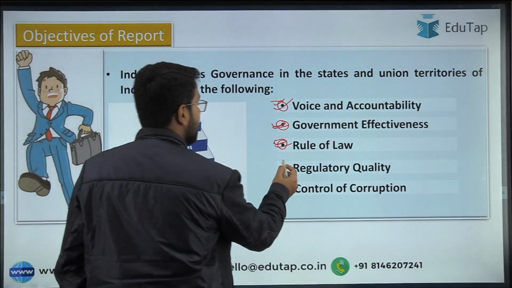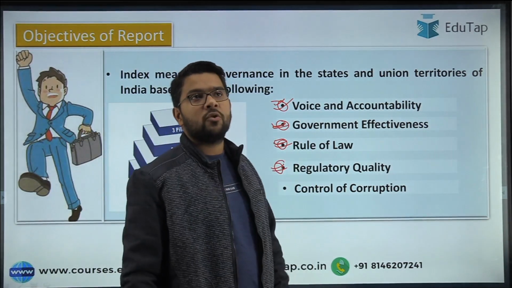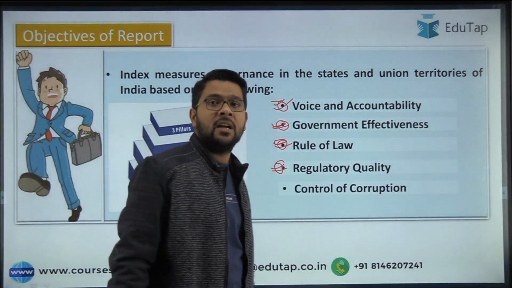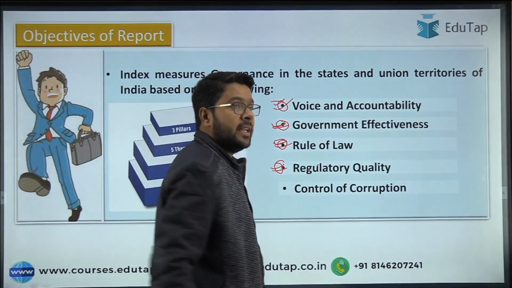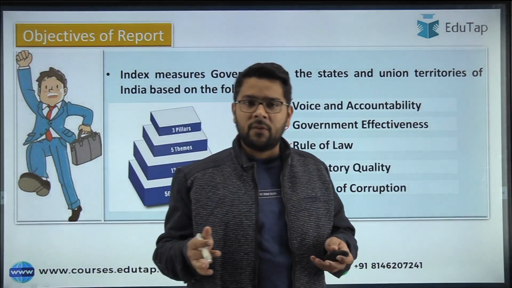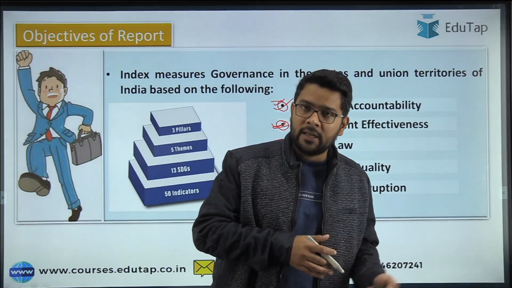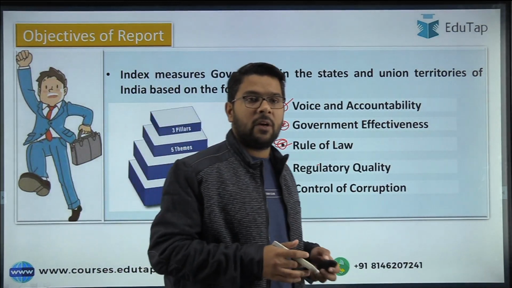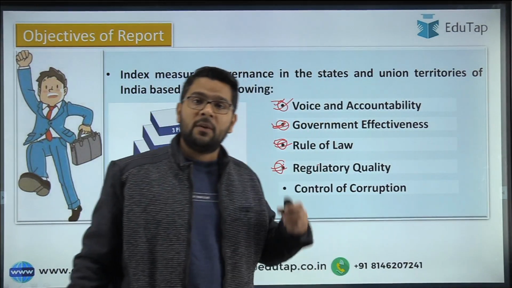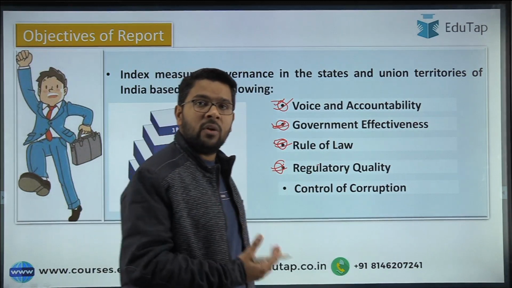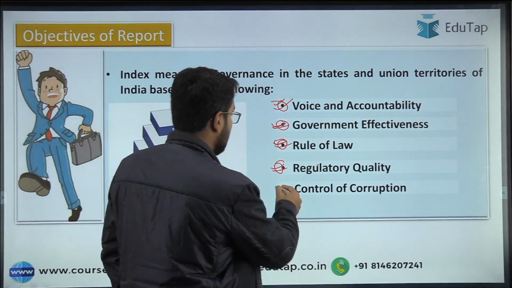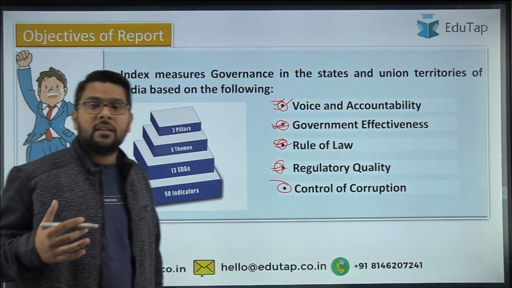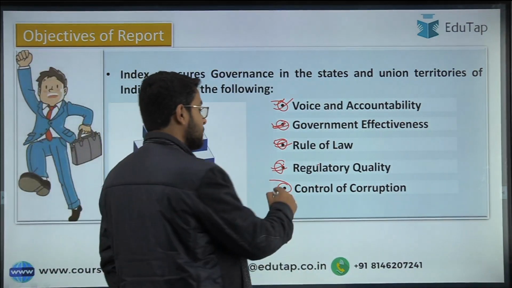Then the regulatory quality, how the government is performing. Suppose the police is doing its policing job, and in doing that, it is harassing the common citizens of India. So that is about the quality that is being provided, not even regulatory quality alone, but also, we can say, the environment that is being provided. If the state is successful in providing you a healthy environment, because for example Delhi is facing a lot of environmental problems, so what kind of regulatory quality are they providing. Then the last is the control of corruption. What is the role that the state is playing in terms of controlling corruption within the state?